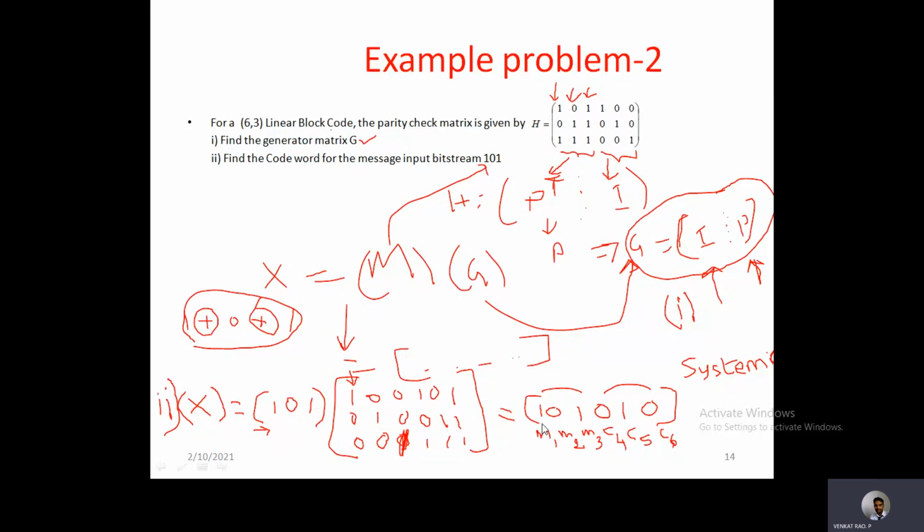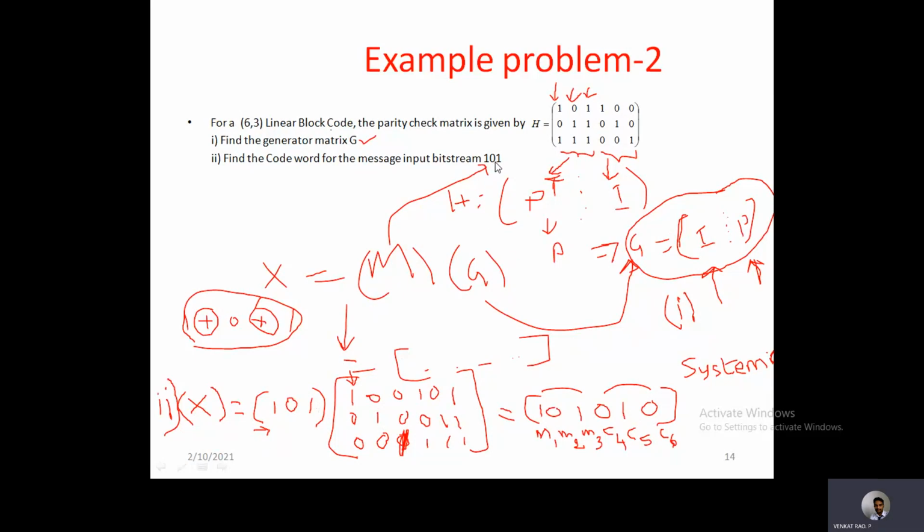From this, it is clear that the first bits are nothing but message bits. So the first 3 bits are nothing but message bits as they are. So the same 101 must be obtained, and the next 3 bits must be parity bits, because all the linear block codes are represented in a systematic form only. That means the parity bits are added only after the message bits, right?